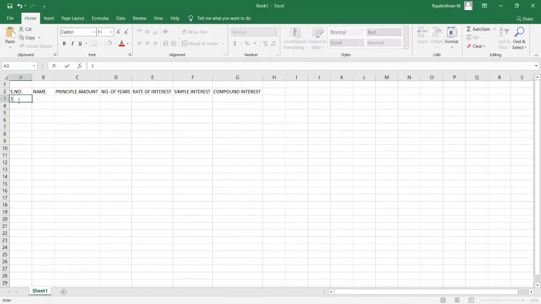So now I am going to enter the data. We have to enter any data to calculate simple interest and compound interest. So for sample I am going to add few rows.